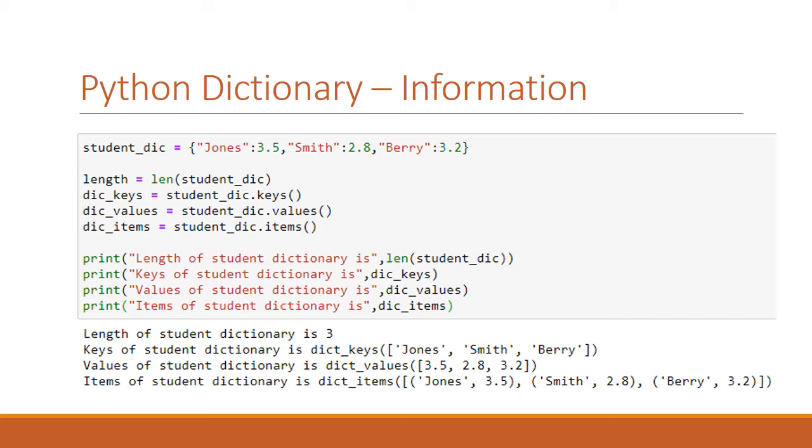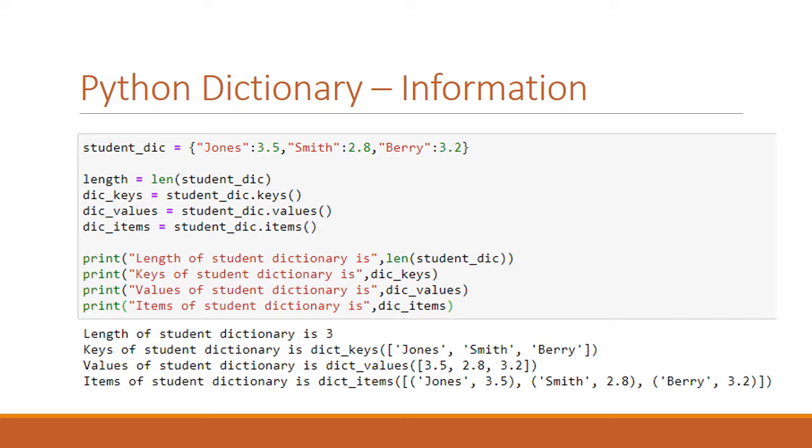Next, we get a list of keys by using the name of our dictionary, which is student_dic.keys. That method is going to return a list, and that list is going to contain the keys. Next, we get a list of the values by calling the student.values method. And lastly, we get the items by calling the